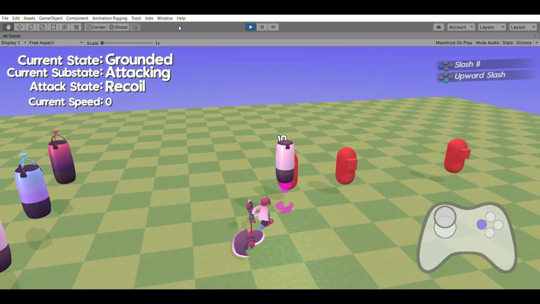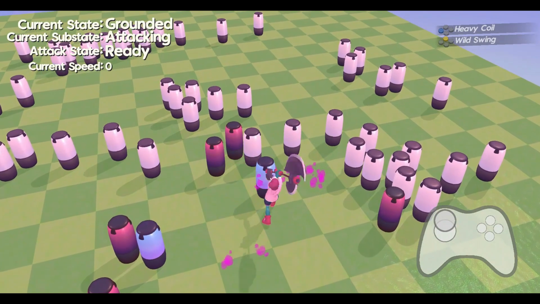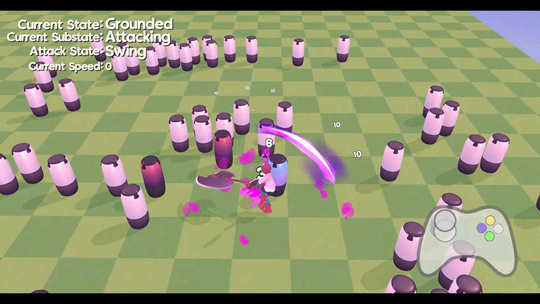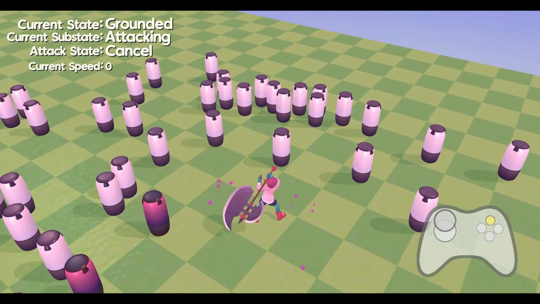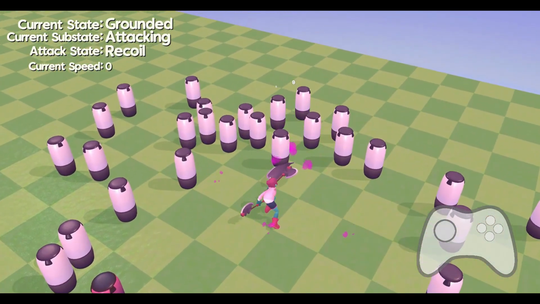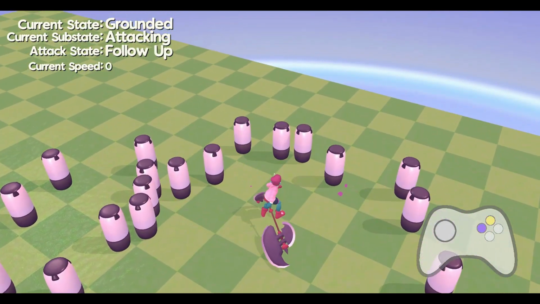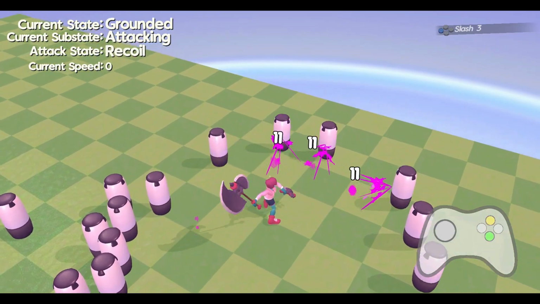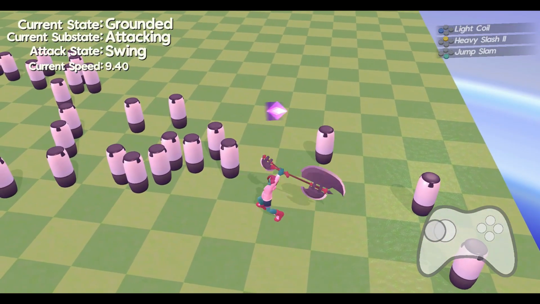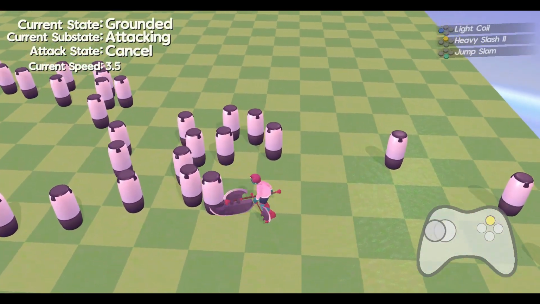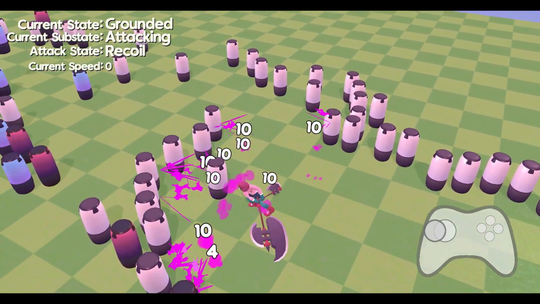The next is the launcher. This is pretty common for action games and fighters to have. This is launching the enemy into the air and keeping them in the air for a set amount of time. So we are moving from the ground, we're being shot upwards into the air, we're going to enter our recovery state from this, and then we're falling down. The Y amount is set to whatever our juggle or our launcher regular amount is, multiplied by the force this input had, and we're just keeping them in the air for that amount of time. Once we have finished this sub-state, we'll go into the air recovery state.